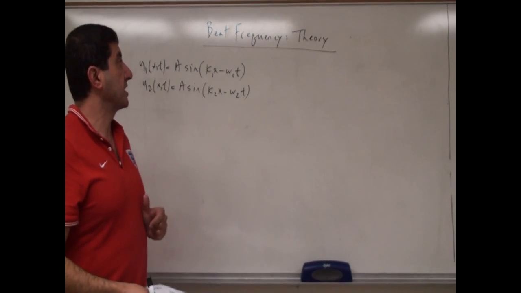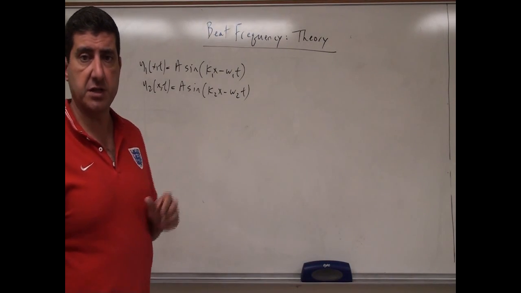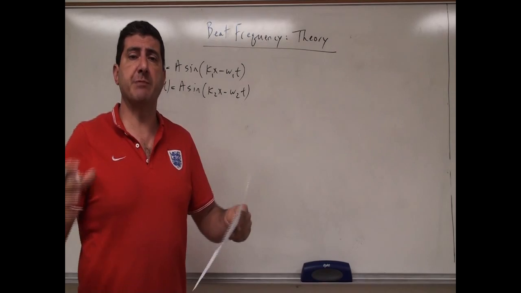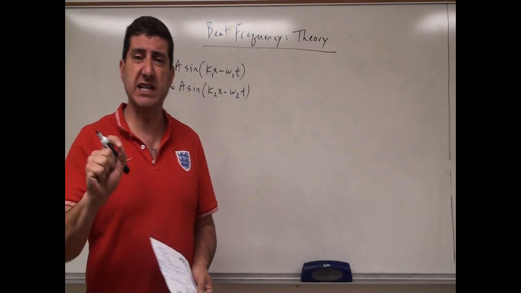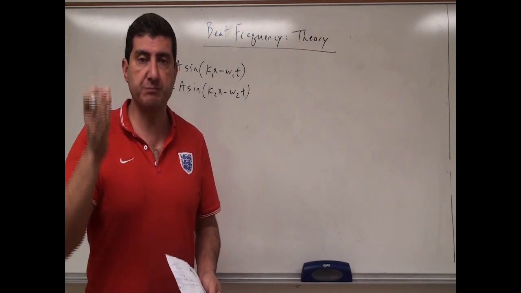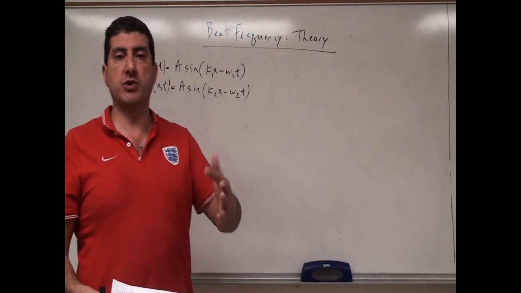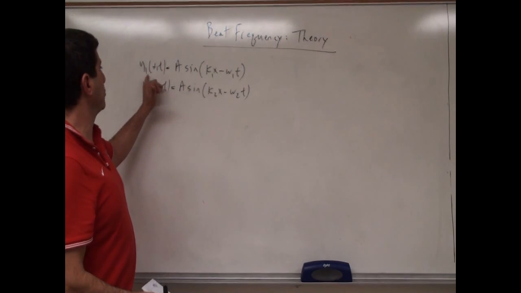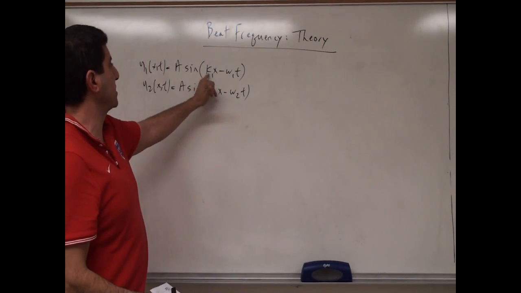Welcome back. Now we're going to cover the theory of beat frequency. The definition of beat frequency is the combination of two waves that have slightly different frequencies at a certain position in space, right? So we can set here, I have the equation y1(x,t) is a sine(k1x